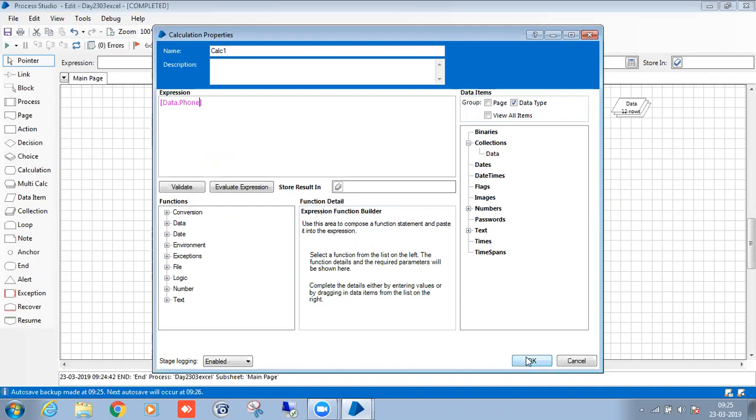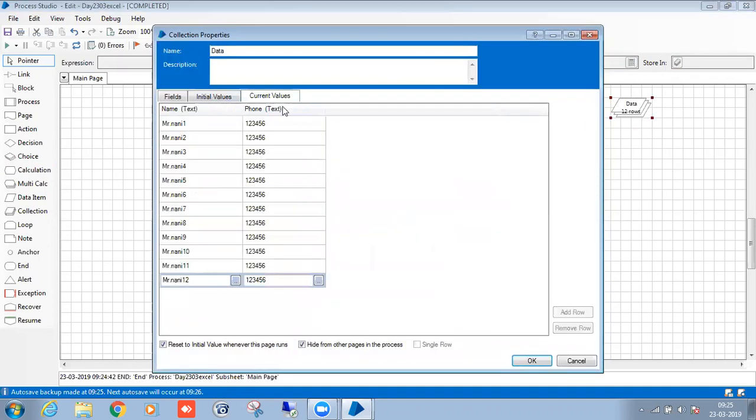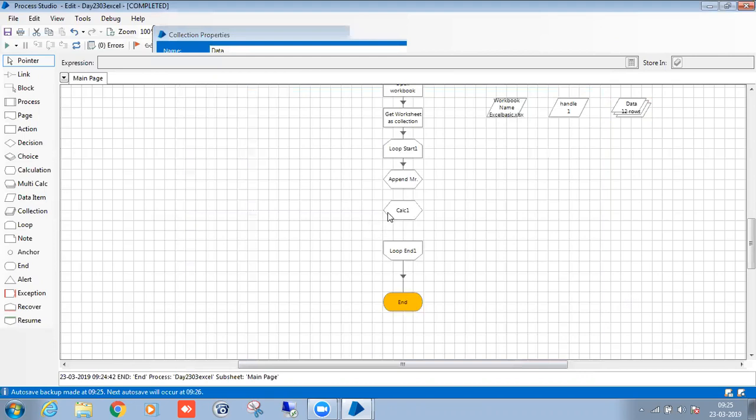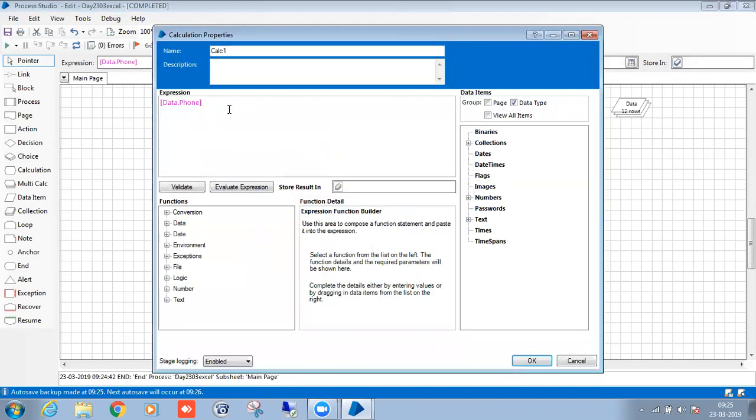Let me check the field name again. Phone, capital P. Two zeros I'm adding. Collection dot field.